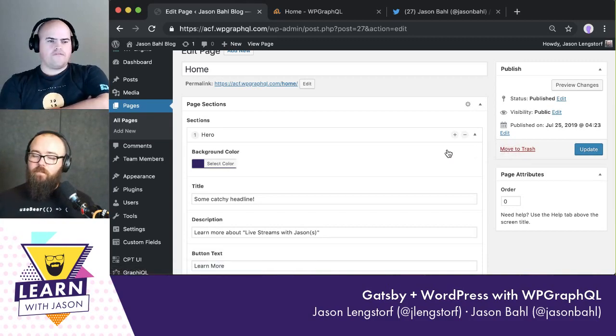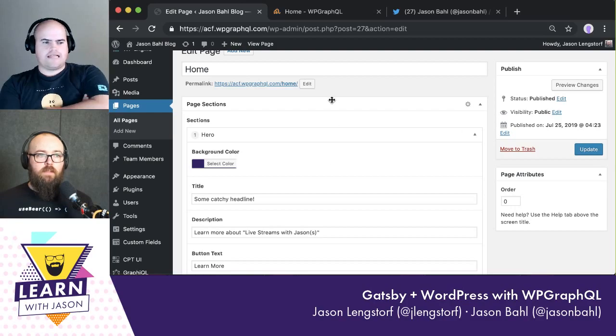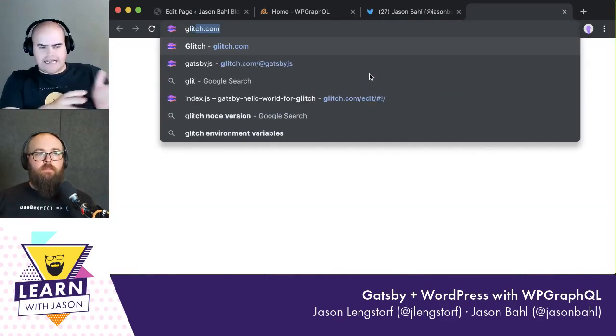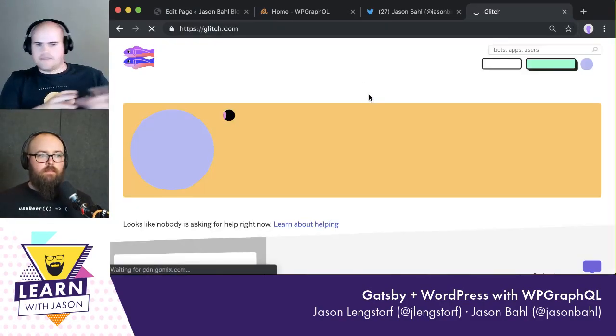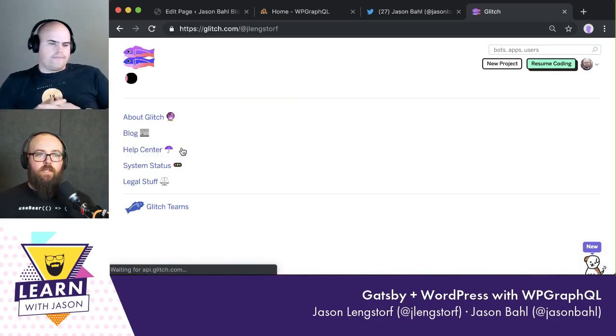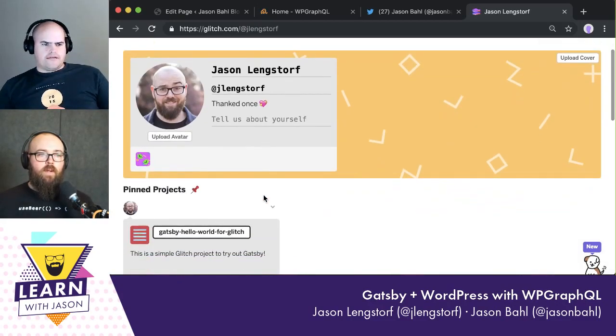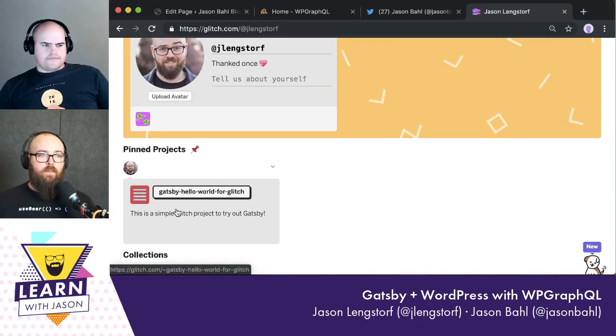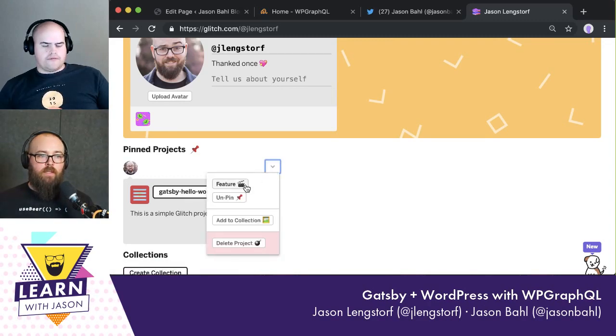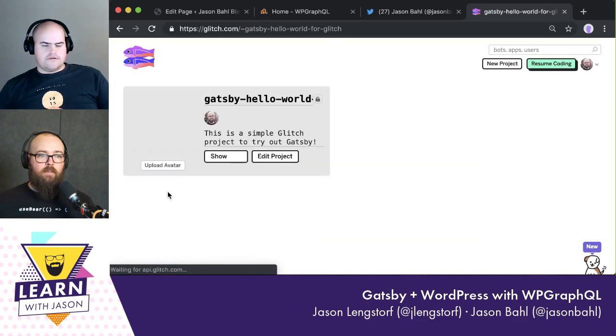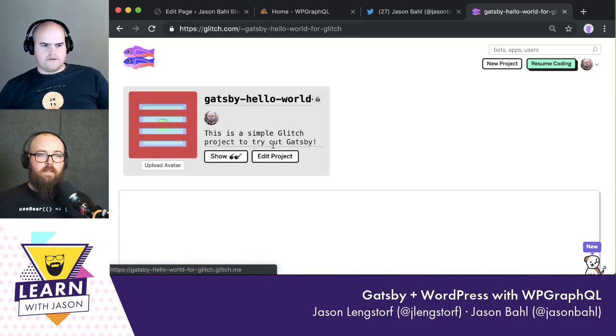So let's hop over and start doing some Gatsby stuff now that we've got the gist of the WordPress admin and what we're going to do with the data. What I'm going to do is do this on Glitch so that people can follow along,